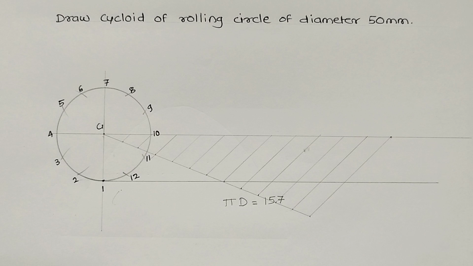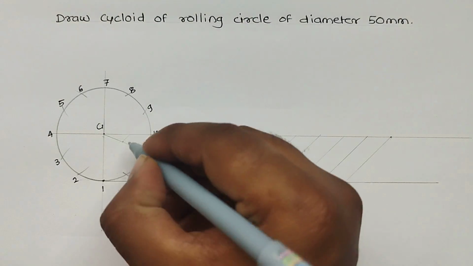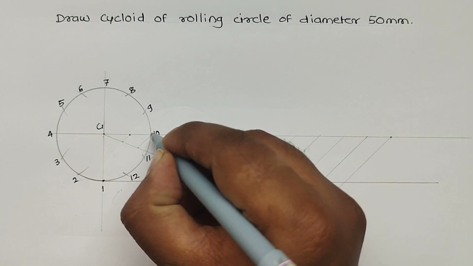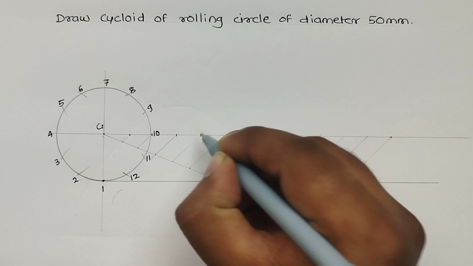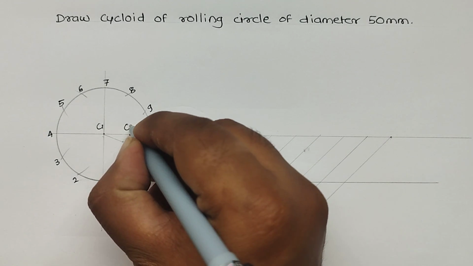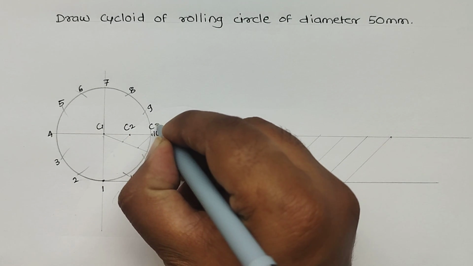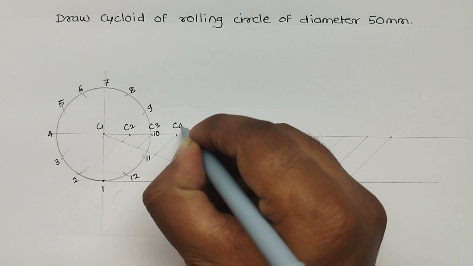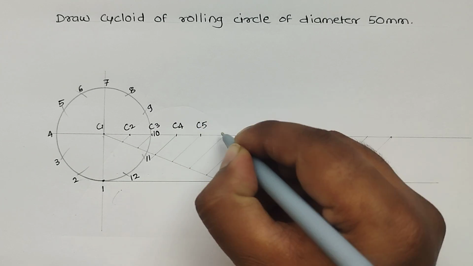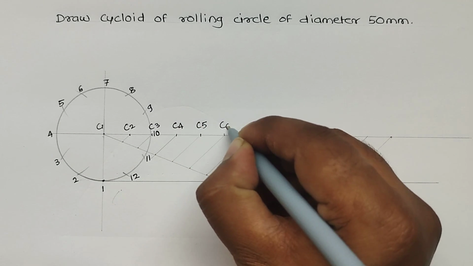Now see here, these are the number of points I am getting. So simply I will mark here C2, C3, C4, C5, this one C6,